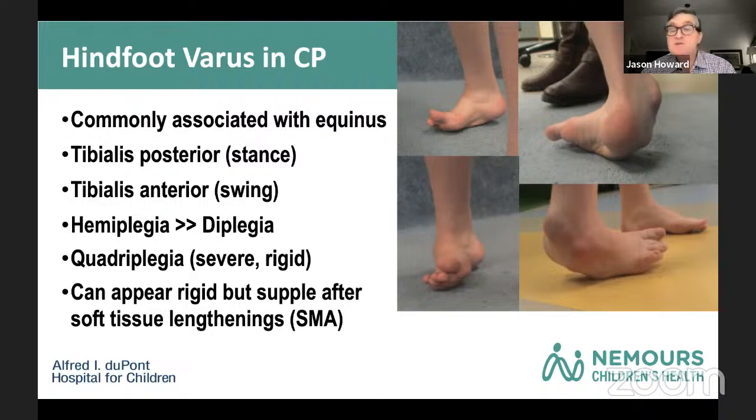So if you do early lengthenings when a kid is 4 or something, when they have that equinus, you may make that planovalgus foot really bad when they are